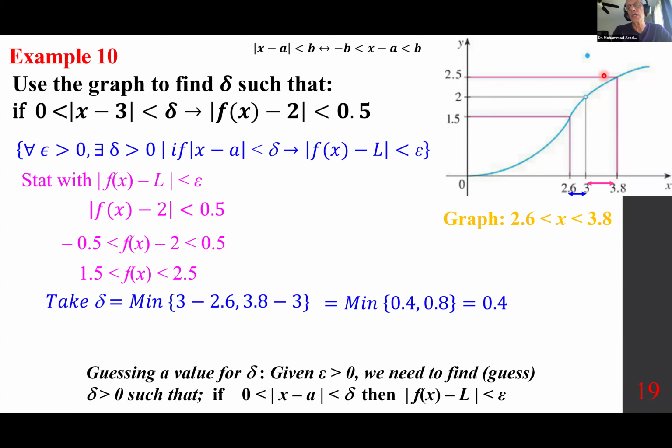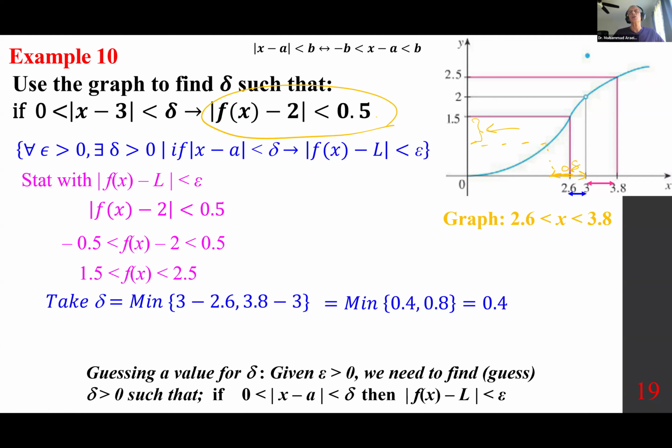The bigger one is 0.8, and it gives you maximum to this. But what about the left side? If you go with the bigger one on this side, and this is 0.8, now this end point will give you somewhere that it's not within